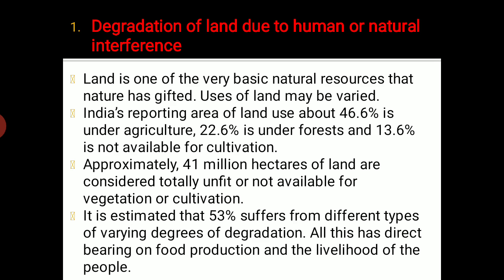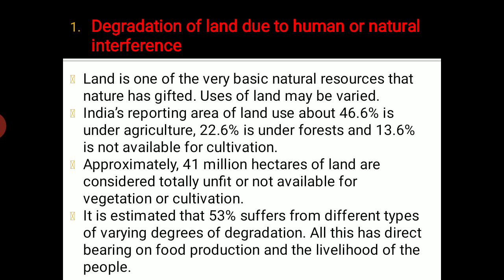it is called land degradation. But before going to that topic, we are trying to find out the figures, or the facts about the land, especially related to India, right? And then we move on with the different aspects of degradation. Let us see it. So when we are talking about India, around 46.6% of the land is